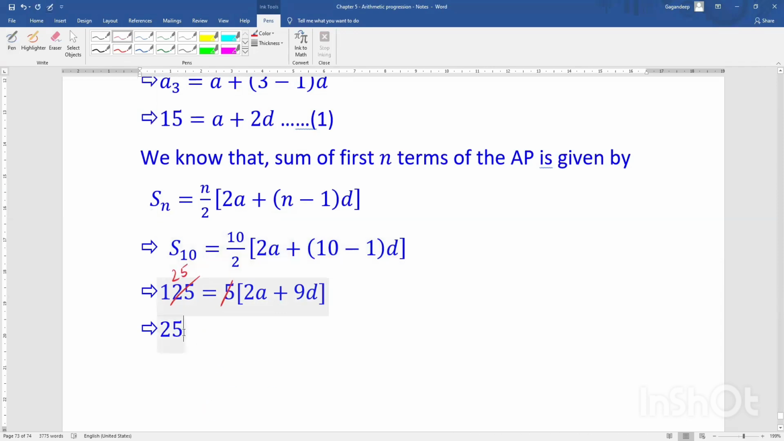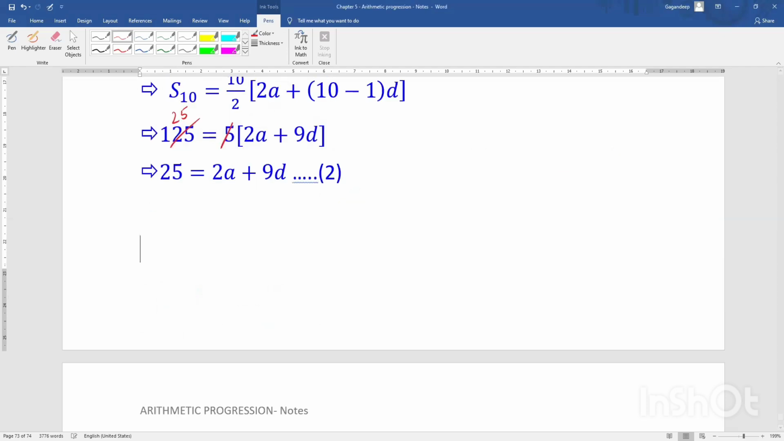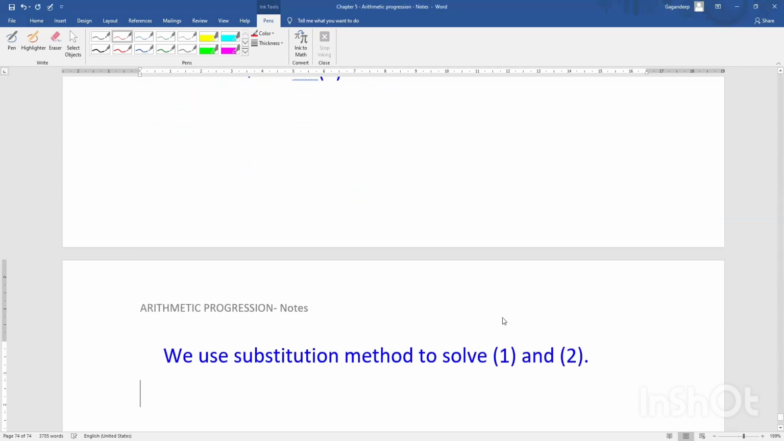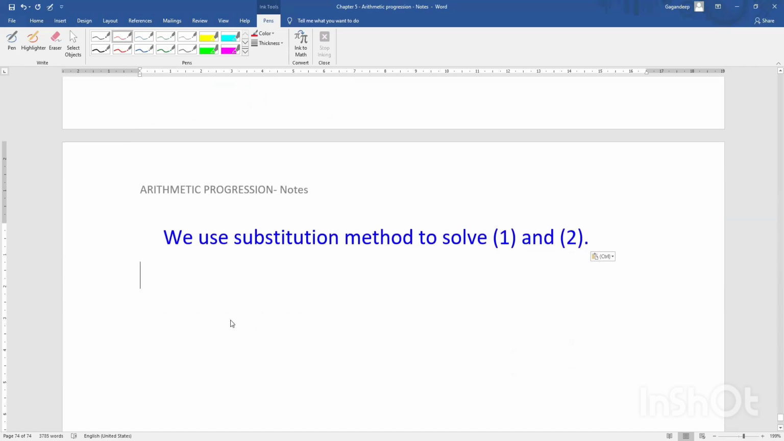And then next what I do is equals to 2a plus 90. And put it as equation 2. Okay. Now we use substitution method to solve 1 and 2. So here I'm going to use a substitution method. Okay. So for that, what I do is, from equation 1,